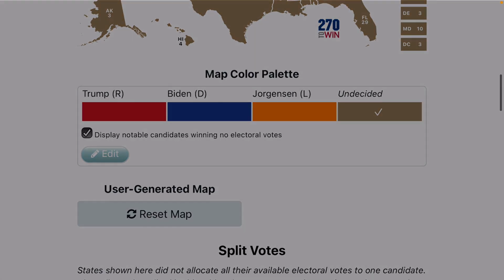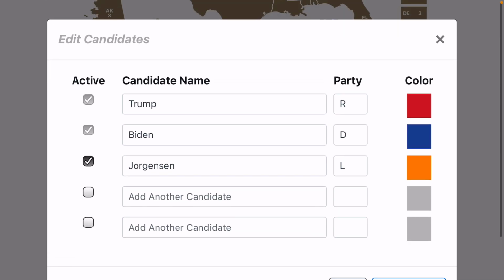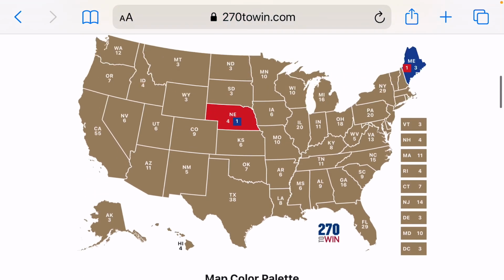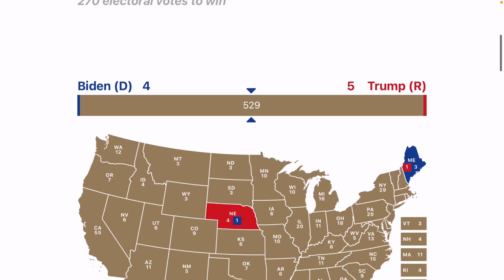So what does this edit function do? I don't know. It doesn't do anything. Okay, so there's no way to do leans in this mode either. So